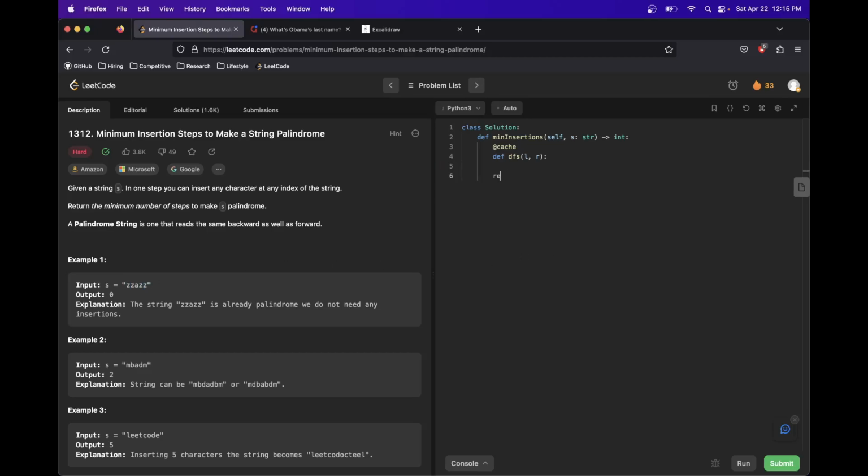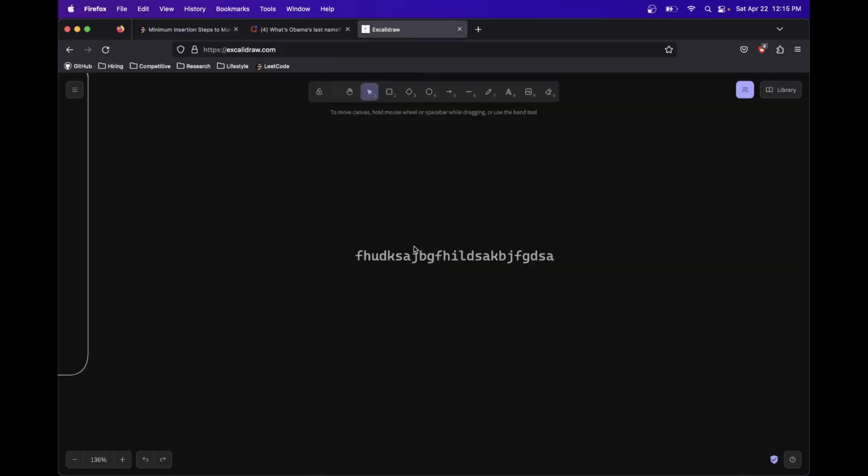And in the end, we're just going to return DFS 0, length of S minus 1. So we say, inclusively, within these bounds, what's the quickest way we can make this into a palindrome? And this is one spot where we can introduce a little rule, which is if we take this MBDAM example again,